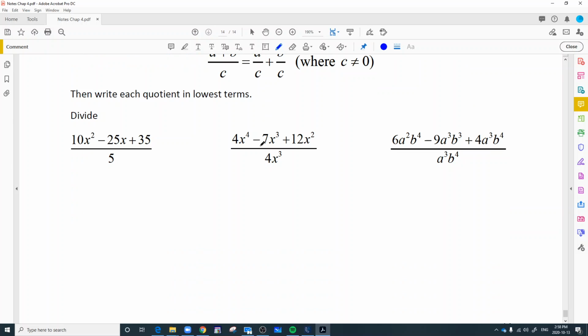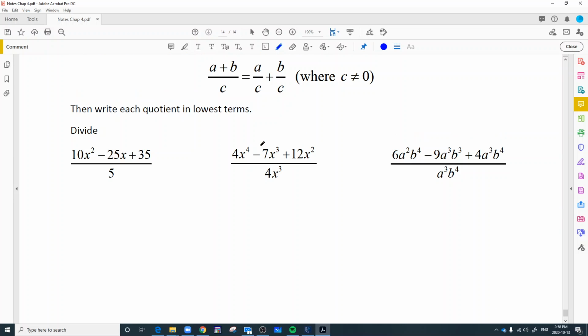But dividing polynomials by monomials is really important. So it's going to look something like a plus b is getting divided by c. And the only fact that I want you to be aware of is that when you have a polynomial, so more than one term being divided by one term, you have to divide the c into every term in the numerator. So this would be a plus b divided by c is the same as a divided by c